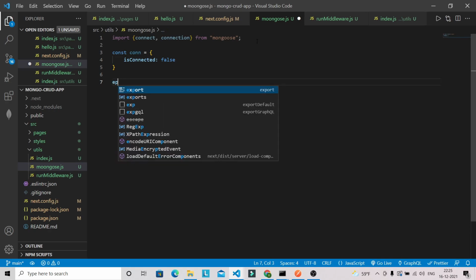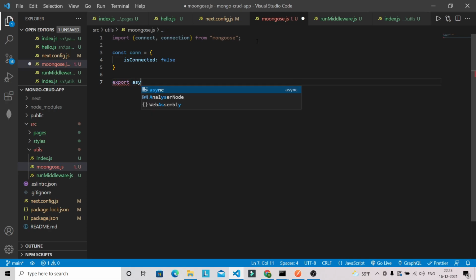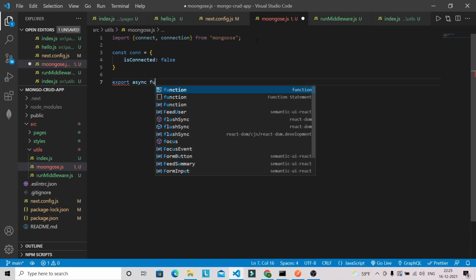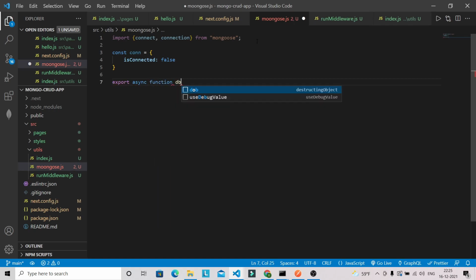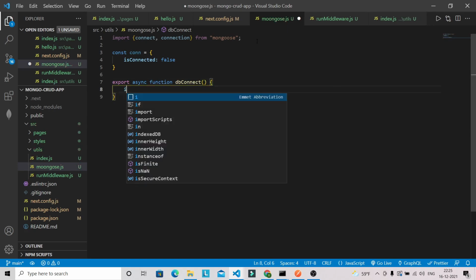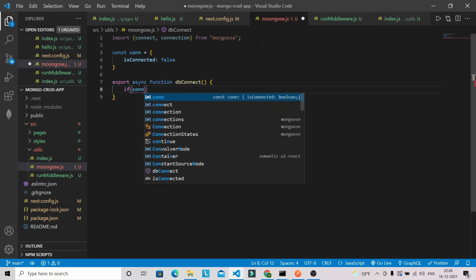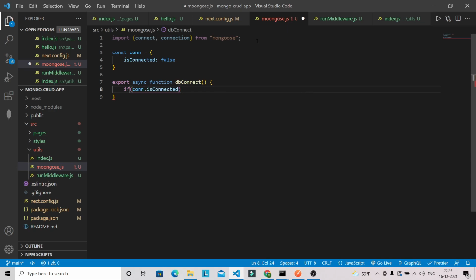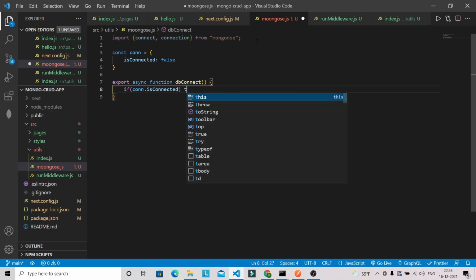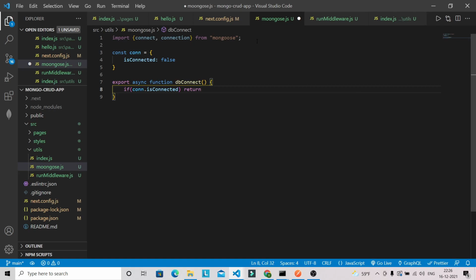Okay, and we can export an async function dbConnect, and we can check here if con.isConnected, then I don't want it to execute the below lines of code, and if it's not connected, then we are going to establish a connection with MongoDB.